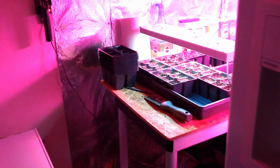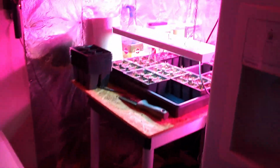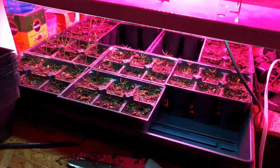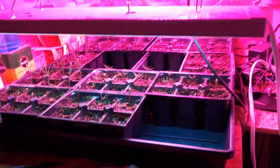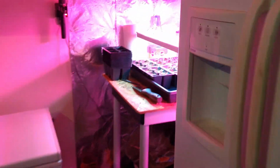So I started a new batch of tree seedlings. What we have here, it's hard to see with this light. I'm going to tell you what, I'm going to turn these off for a second. Where's it at? Okay, so I don't know how well you guys can see them, but